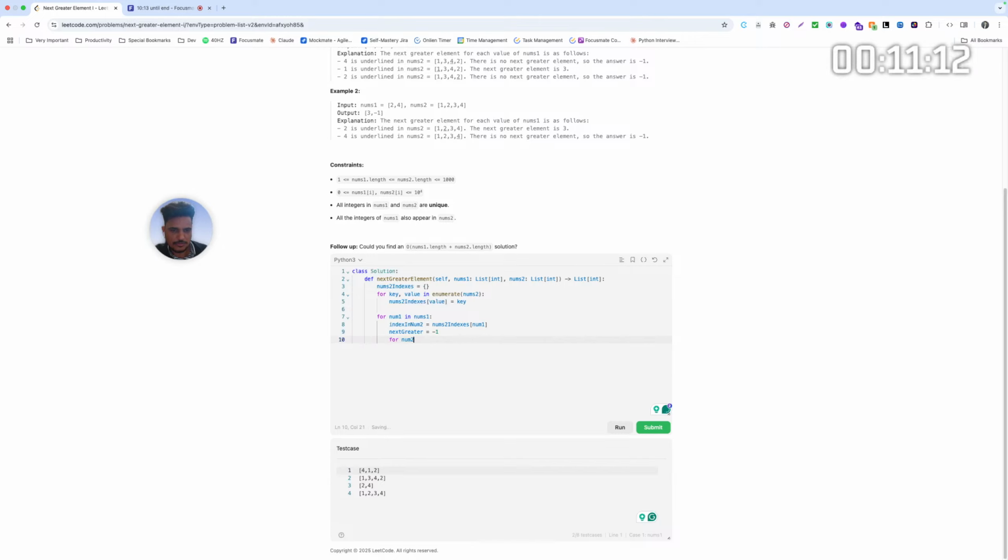So for num2 in nums2, starting from the index of num2 plus 1, if num2 is greater than num1,